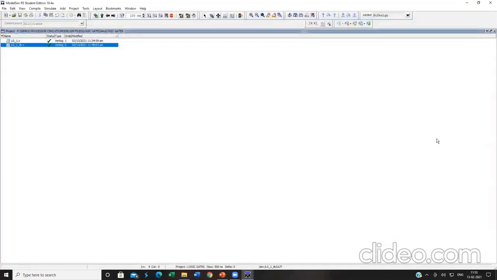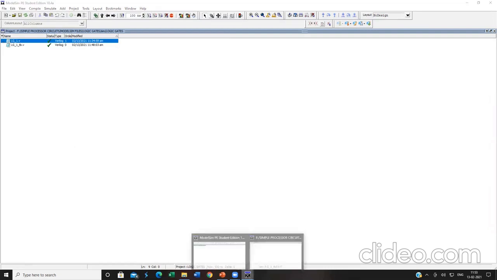Now we will be checking the alternate version, the negative logic version. For this, you need not go back to the RTL folder to make the changes. In the simulation folder itself, we can make all the changes and editing within the same ModelSim window. Just go to LG_1 over here. I'm still in the simulation window only. I have not gone back to my RTL folder, because I have already included the folders over here. So whatever changes I want to make, I can make here itself and just check whether they are functionally correct or not.